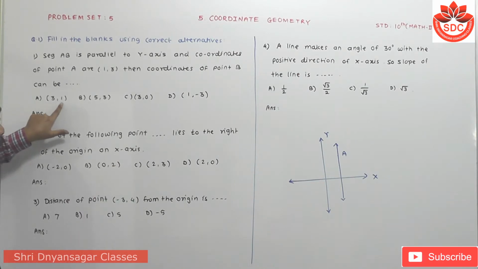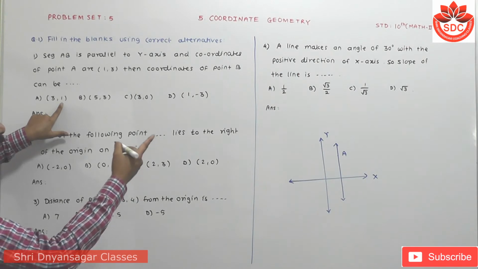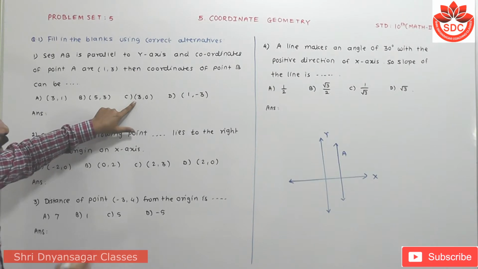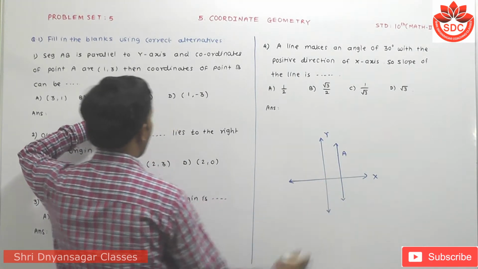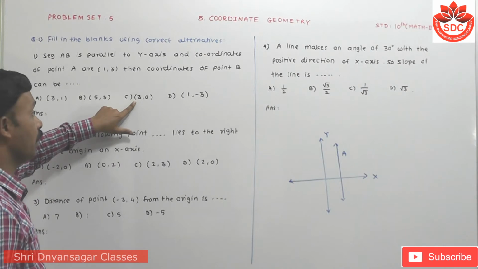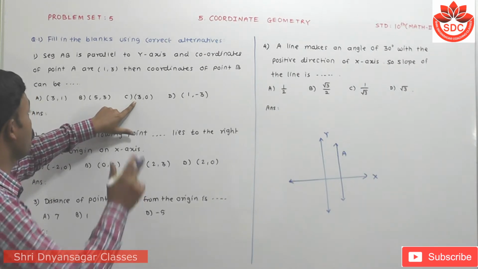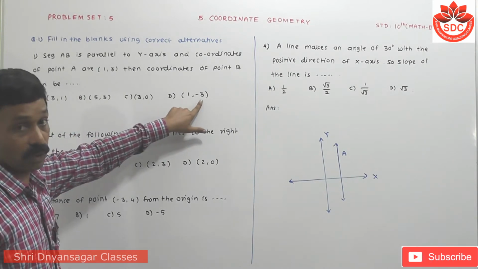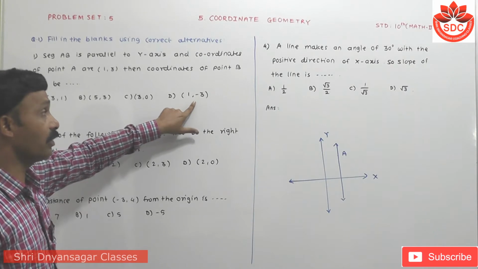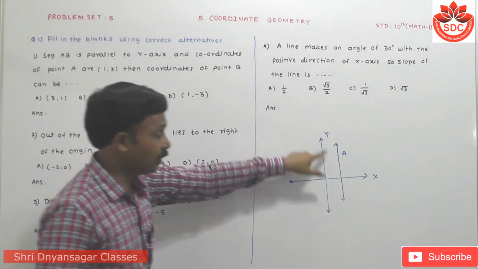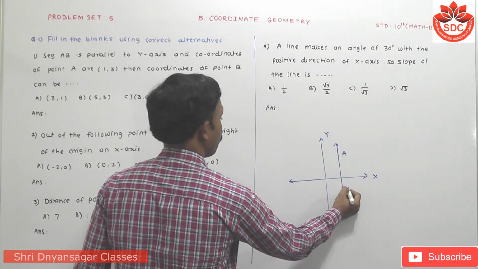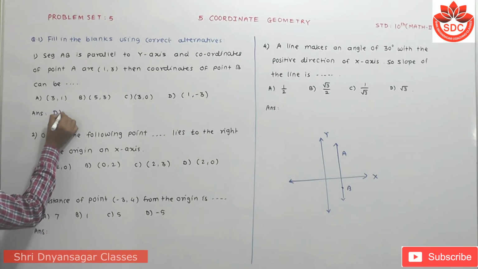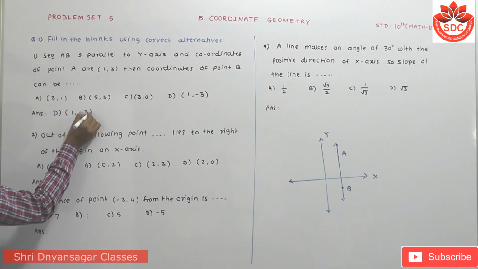Out of these, look carefully: (3, 1) is not correct, because this is another point rather than (1, 3). (5, 3) is also not the right point. (3, 0) cannot be taken either, because the question does not say the point lies on the x-axis. So D is (1, -4). This is the correct point because it lies on this line in the fourth quadrant, so this is the point B. So I take the answer as D, and the coordinates of D are (1, -4).